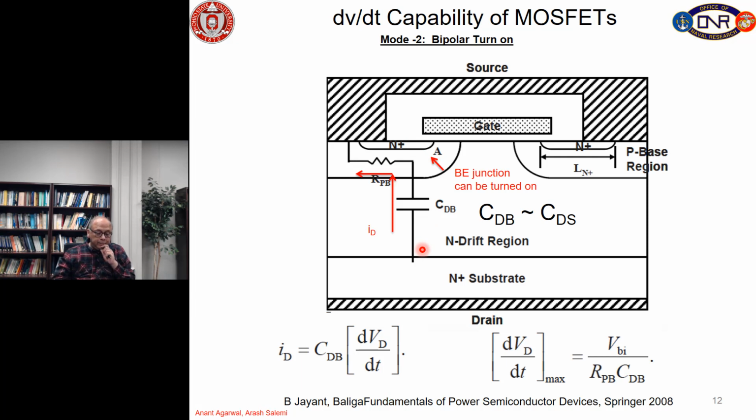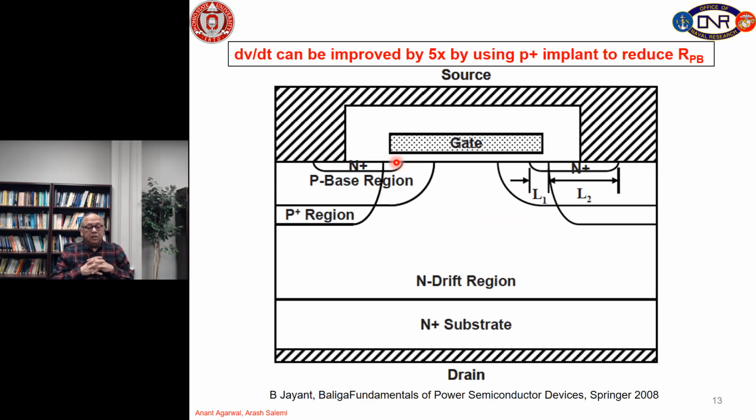So, essentially, in addition to the CGS and CGD charging, which I showed you in the previous slide, we also have to reduce this resistance in the P well, so that the device internally, through the output capacitance of the device, does not turn on the internal BJT. So, this is called the bipolar turn on, and it is very easy to